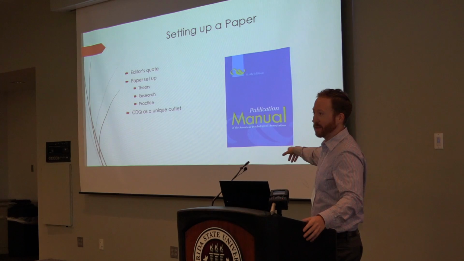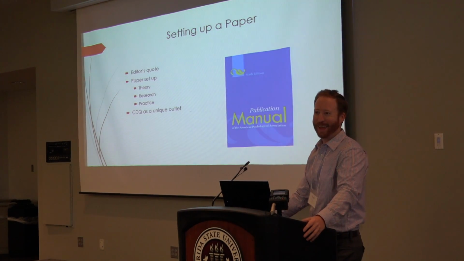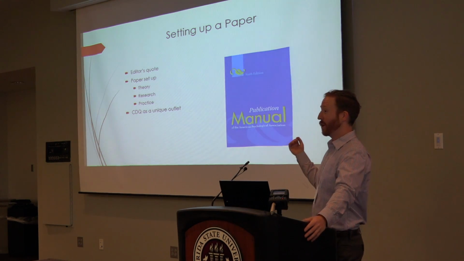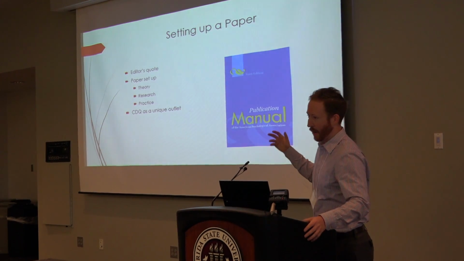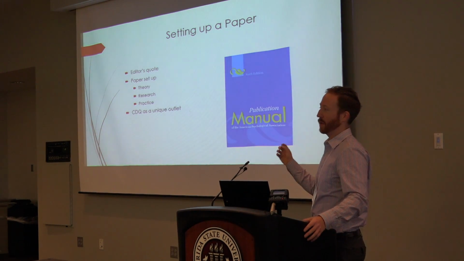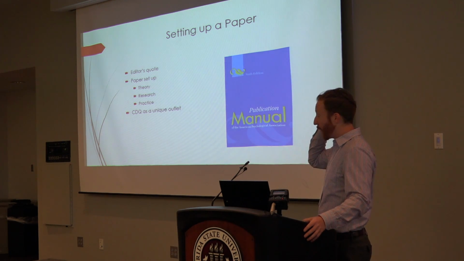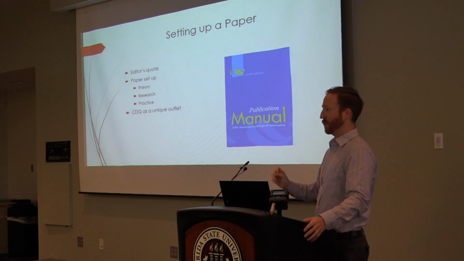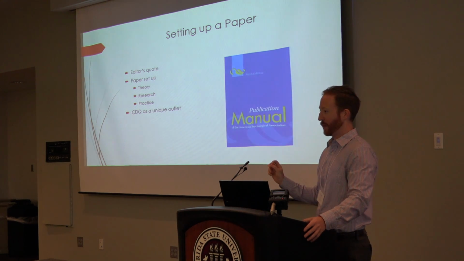So this is the APA 6.0 manual. If you don't have it, I would get it and just go through it. About 10 years ago, when I was a first or second year graduate student, I had a journal editor tell me at an SVP conference. He said to me, "Ryan, when I review journal articles, I can tell whether the paper will be accepted or rejected by just looking at the first 3 pages. And not even reading it, just looking at the first 3 pages."